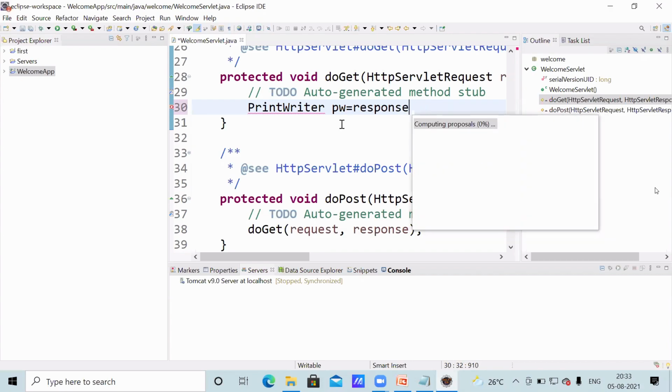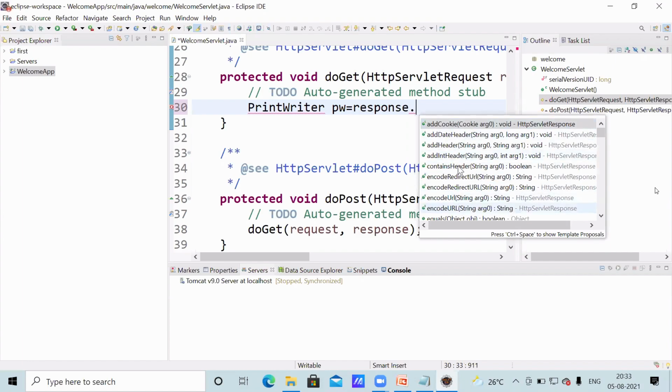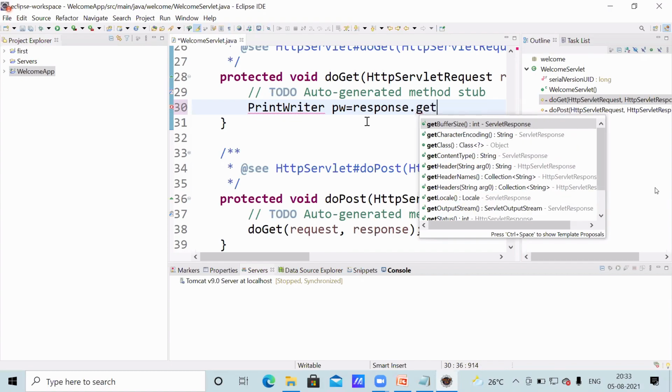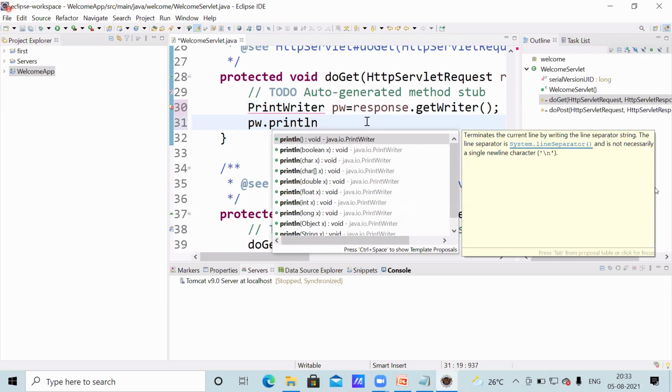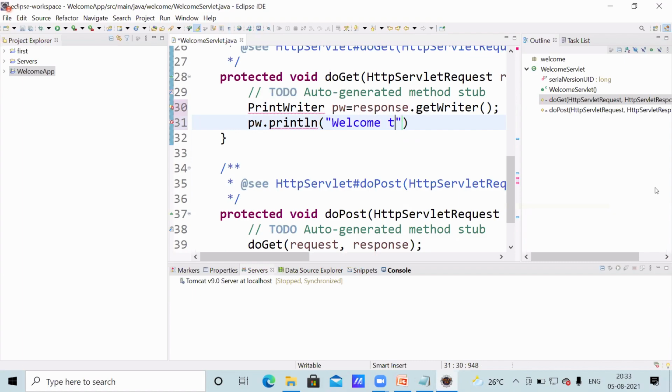When you place the dot, it shows the list of methods. Which method is required? ServletResponse methods. getWriter is required. You can type or you can select. Like this. After this, pw.println, here, welcome to servlets. This is whatever we are writing. Okay.